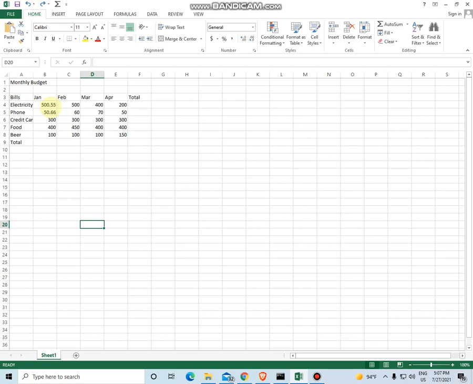The second reason: if you ever import data or copy and paste data from some other systems into the Excel document and you see that your numeric values are left aligned, you will get a little green triangle in the corner of the cell. You will get those triangles across all of these cells.